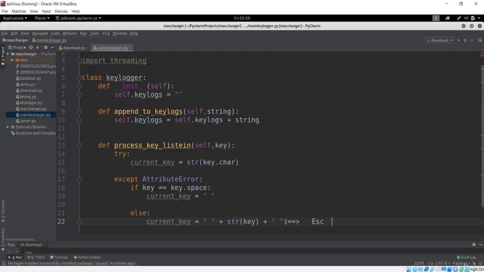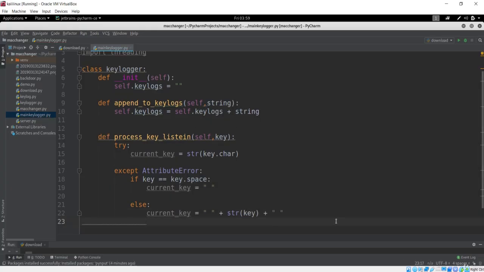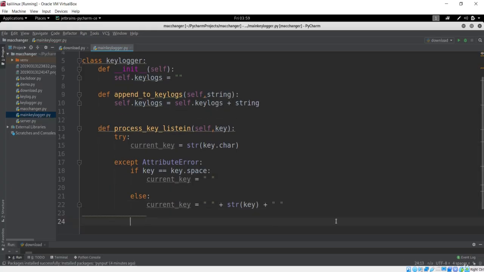So this will be the result, or this will be pasted to the current key. After that, we have to append to the log. In order to append to the log, we have the append to keylog method over here. Let's go over here, and I'll say append to keylogs, and that should be with this current key.